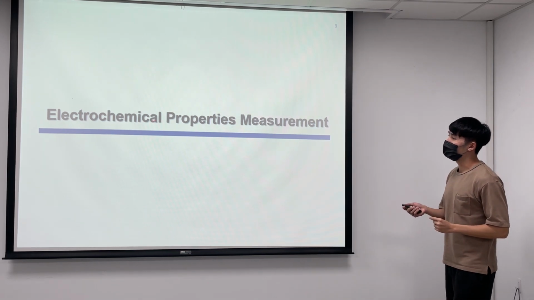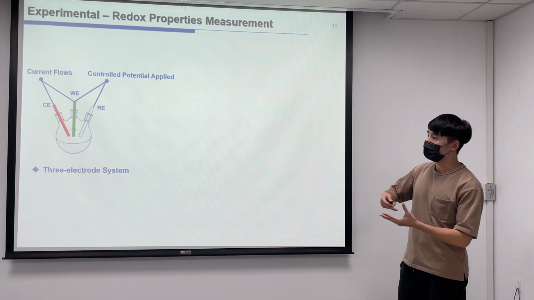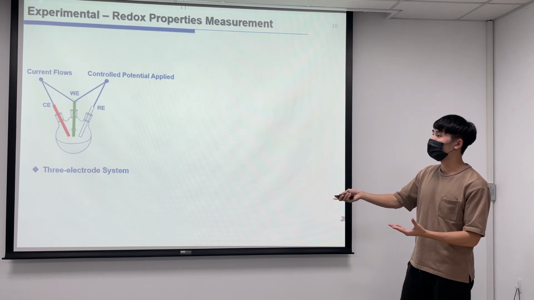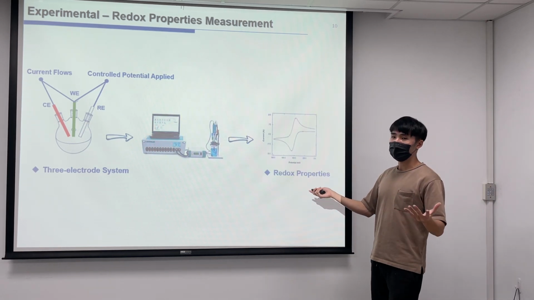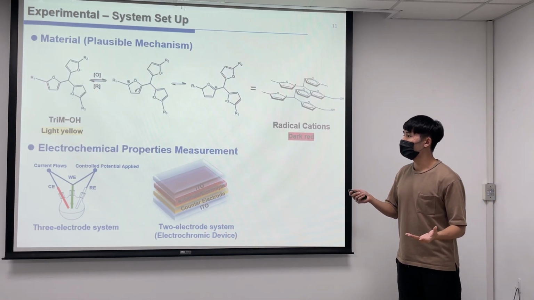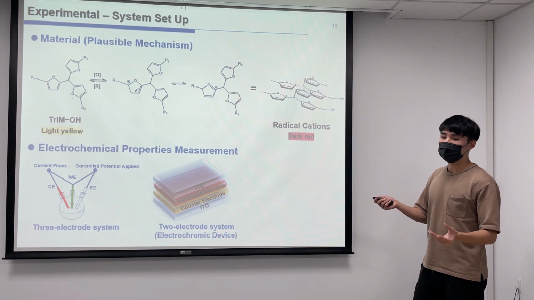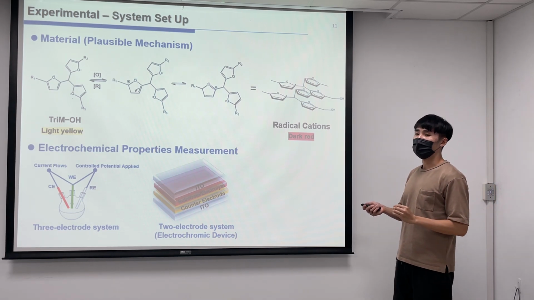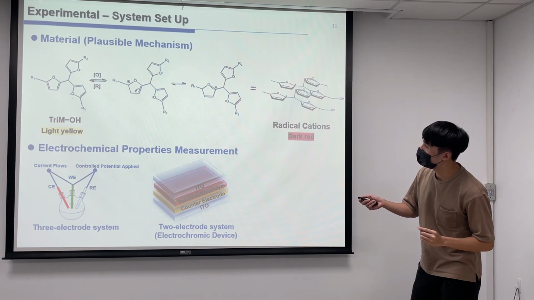The electrochemical properties measurement. So our material, we mix it into a proper condition and into the solution, and then we analyze it with an instrument, and then we get a data result. The result shows that our material can go through oxidation and reduction potentials. It depends on the positive and negative voltage we apply. So from the neutral state, it can go into